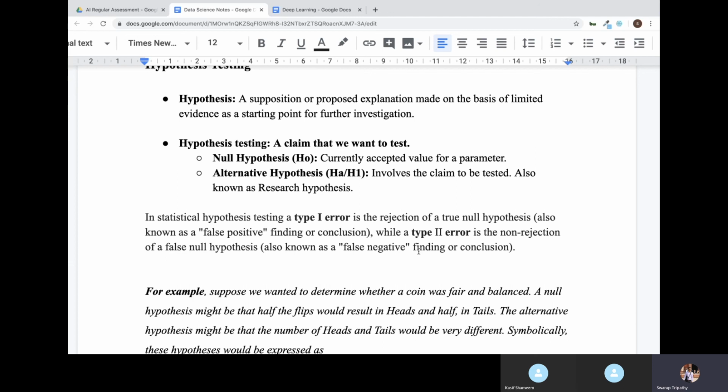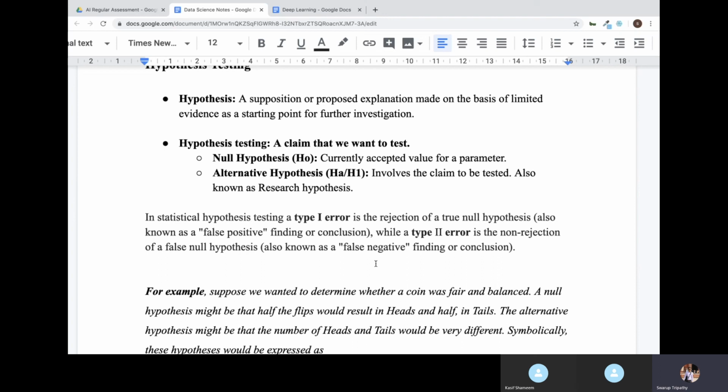All these things, false positive and false negative, you will understand when we study the confusion matrix later on. False positive means type 1 error. False negative means type 2 error.